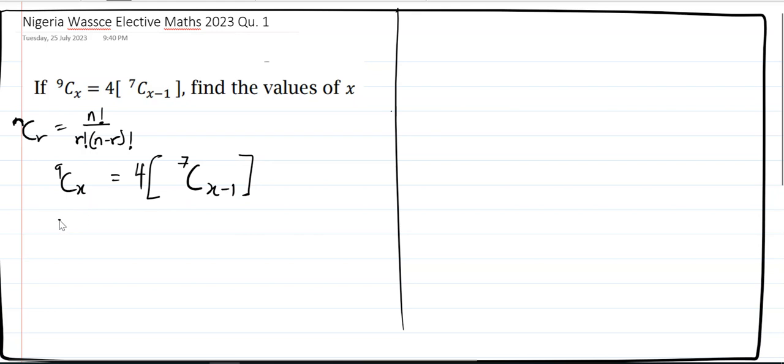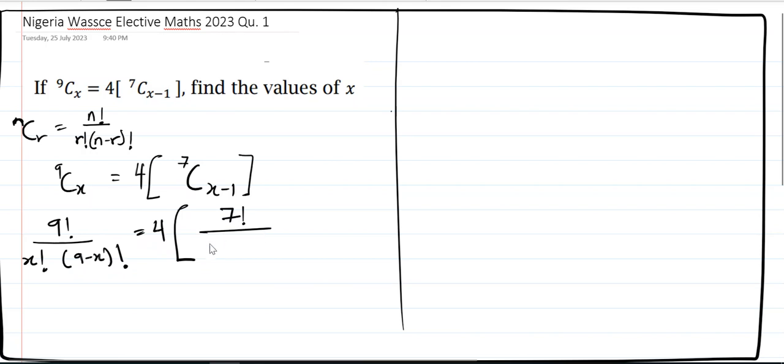When we expand this one, we're going to get 9 factorial over x factorial bracket the top minus down, 9 minus x all factorial, equals to 4, the top factorial, the down factorial, then the top minus the down factorial, right? So now,